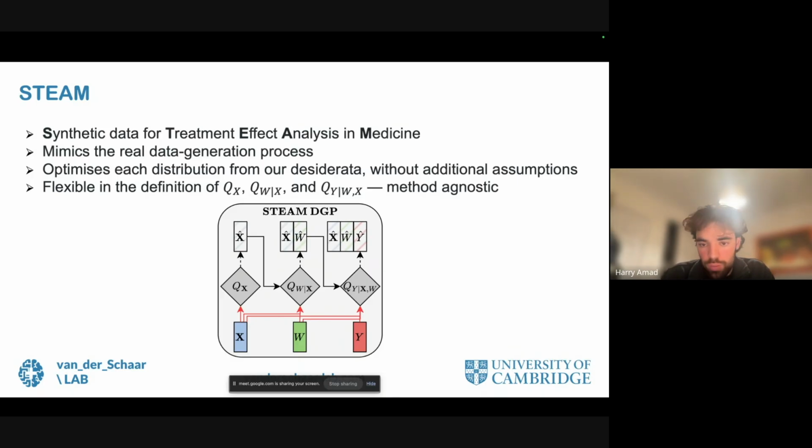And then similarly for Q of Y given X and W, this will generate the outcome variable Y, which is also one-dimensional in our use cases here and continuous in this case. So it's a regression task based on the high-dimensional covariates and the treatment. This can be any family of regressors. And then we generate data in this three-step fashion shown in the flow. We generate the synthetic covariates, then we assign them the most likely treatments that they would have received with the classifier, and then we generate the outcomes from the regressor.